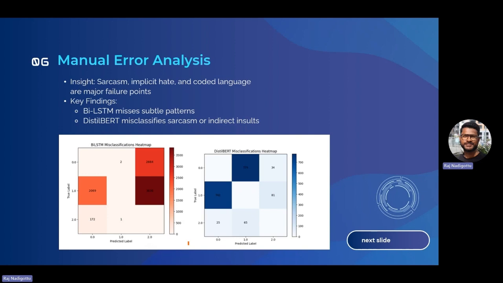It is easy for them to differentiate between normal and hate, but they find it difficult between offensive and hate, or normal and offensive. It has been observed that it is easy for them to find surface-level patterns, but especially when context is involved, they find it very difficult.